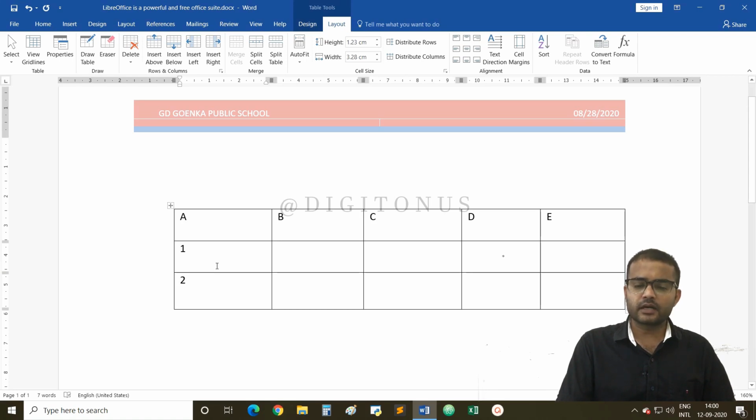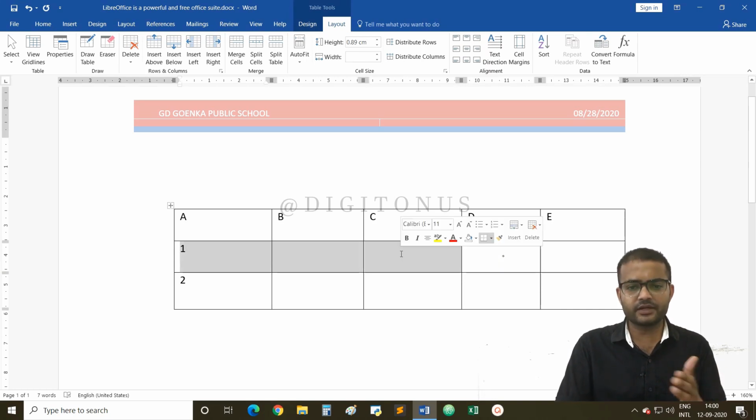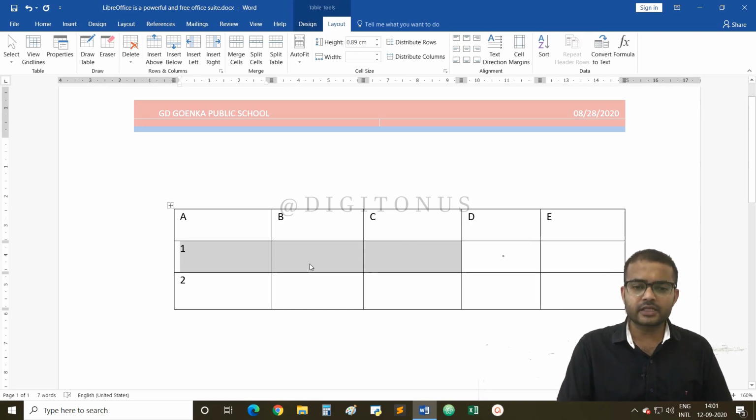Merging means, suppose a table is made up of rows and columns, we all know. Okay. Now in the second row, how many columns are there? I have 5 columns. Now we can say them as a cell also, because the intersection of row and column is known as a cell. Now in the first row where 1 is written, I have 5 cells. Now suppose I want to merge these 3 cells, which are different, at once. I want to merge these three cells into one, so that is called merging. Merging means when we combine or merge 2 or more cells together.